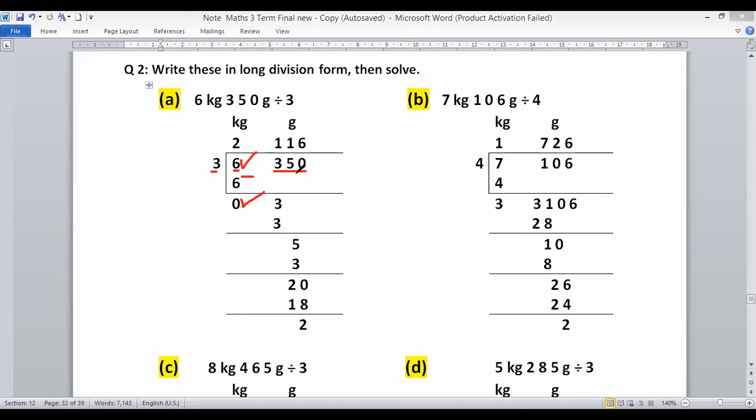Let us start to divide 350 by 3. Here we will divide digit by digit. The first digit is 3. So first we divide 3 by 3 because 3 is divisible by 3. First we shift this 3 here, and after that we divide. 3 ones are 3, 3 minus 3, 0. Here, students, you can write 0 as a remainder. If you do not write it, then there is no problem.